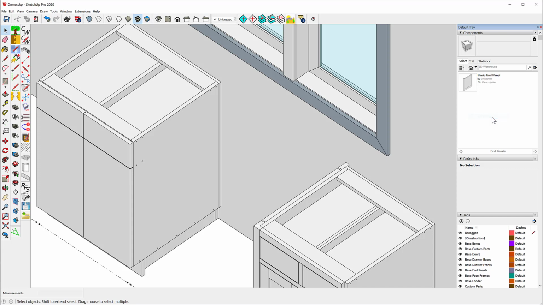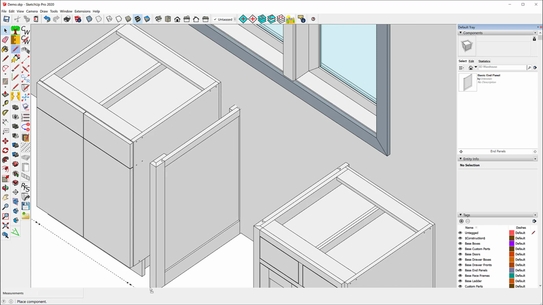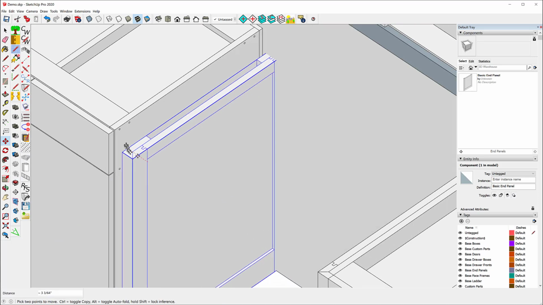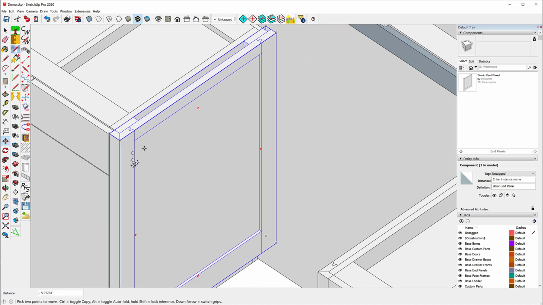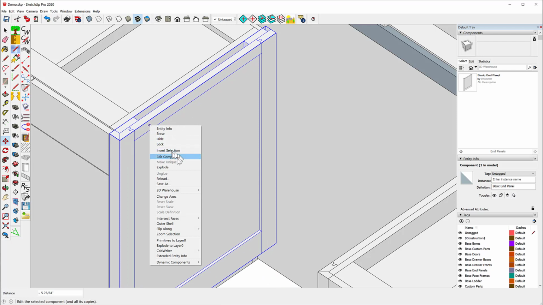So now I'll go to End Panels, and there we have it. Now I can simply bring it in as a model. Notice it's one big component, which is great at the moment because I can simply pick it up right there and put it there, explode it,